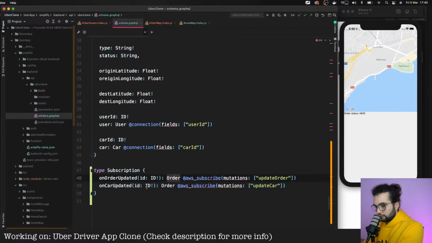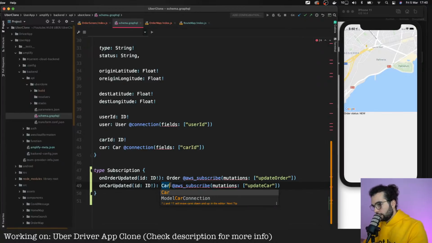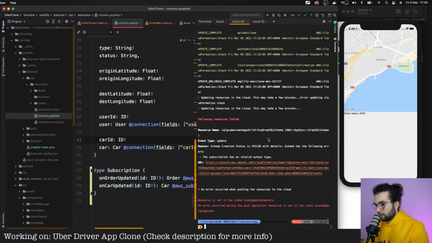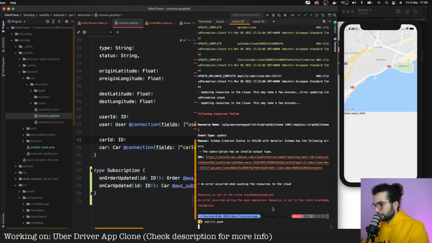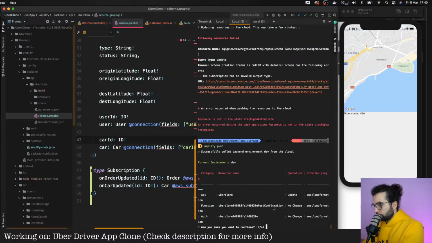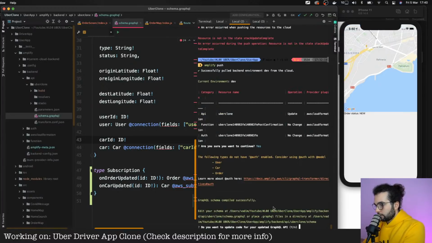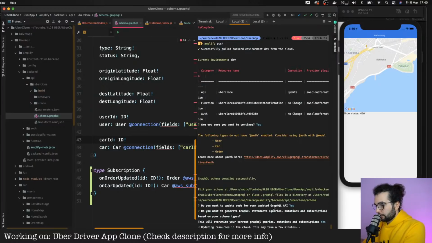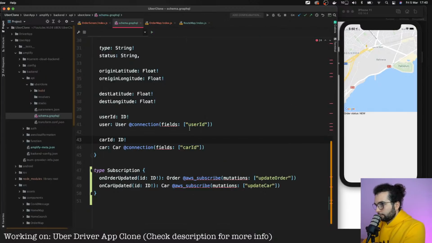Order car. Hopefully it's because of this issue. Are you sure you want to continue? Yes. Yes. And yes. And now we'll have to wait a couple of more minutes so it will build in the cloud.